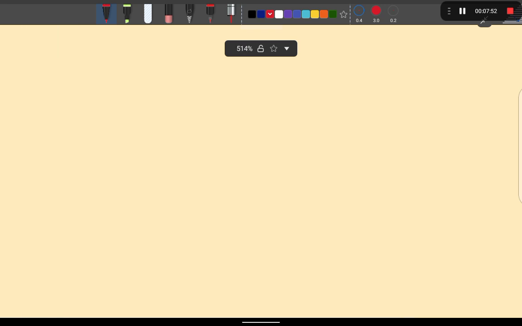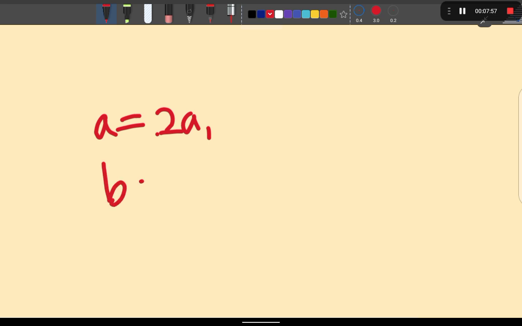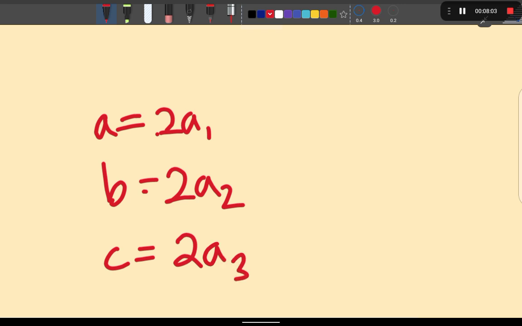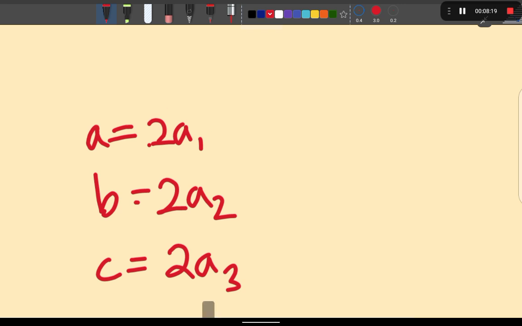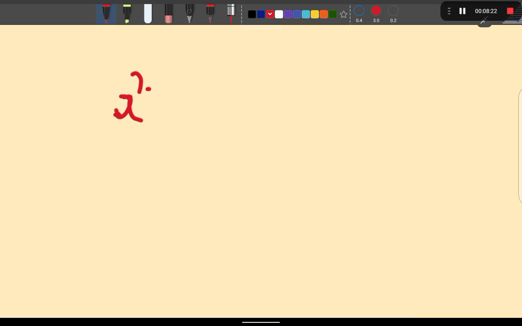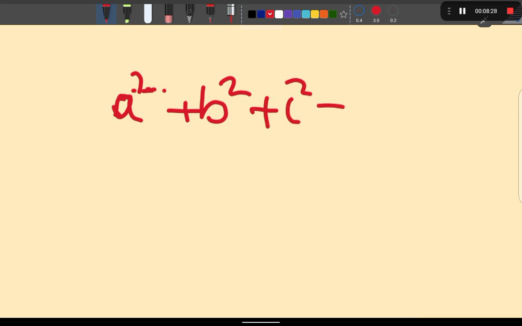Therefore, if a, b, c is even, we can put a is equal to 2a1, b is equal to 2a2, c is equal to 2a3. a, b, and c all are even multiples of something. So we put a equal to 2a1, b equal to 2a2, and c equal to 2a3. Now we need to put these values in the original equation. The original equation was a square plus b square plus c square equal a square b square,